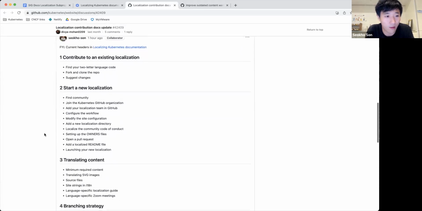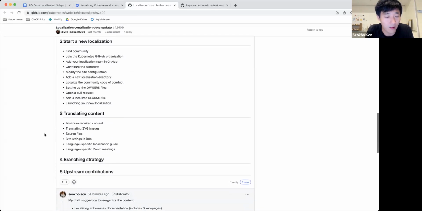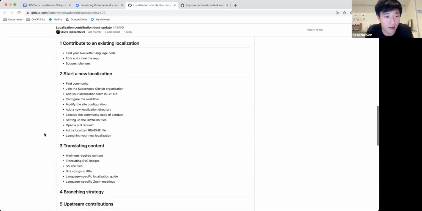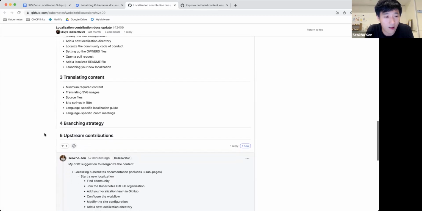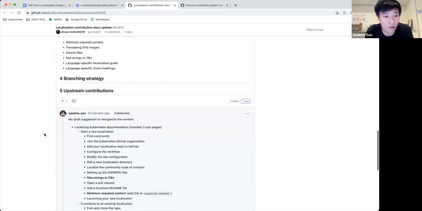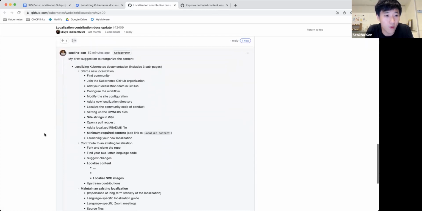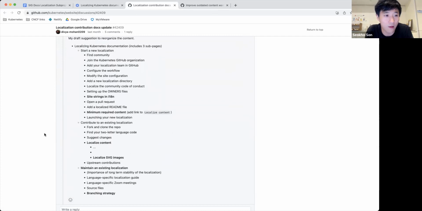First level header, but in the next reply, I reorganized them into 3 sub-pages for the localizing Kubernetes documentation section. First, start a new localization. Second, contribute to an existing localization. And third one is maintaining an existing localization, so that we can put some